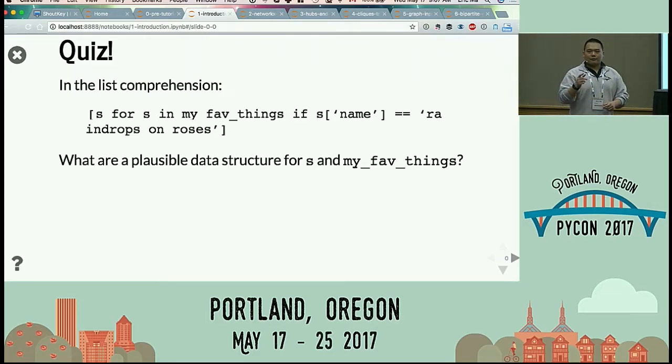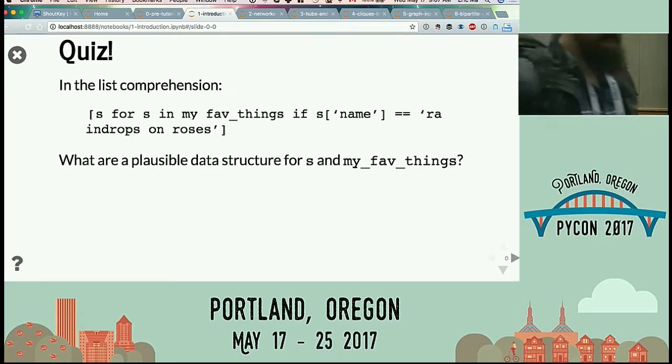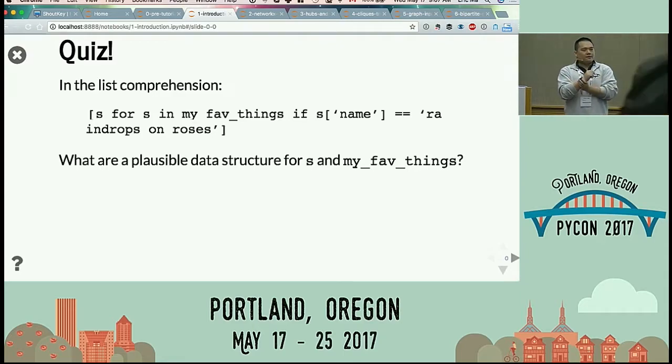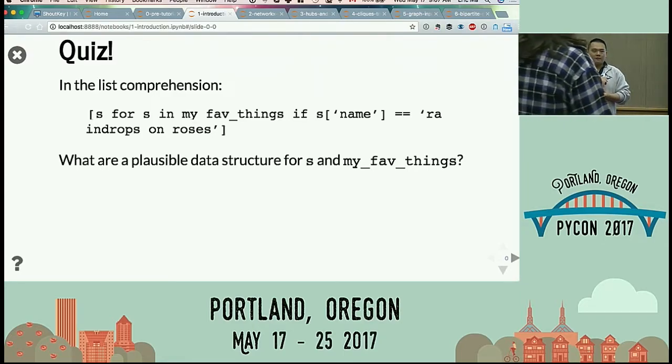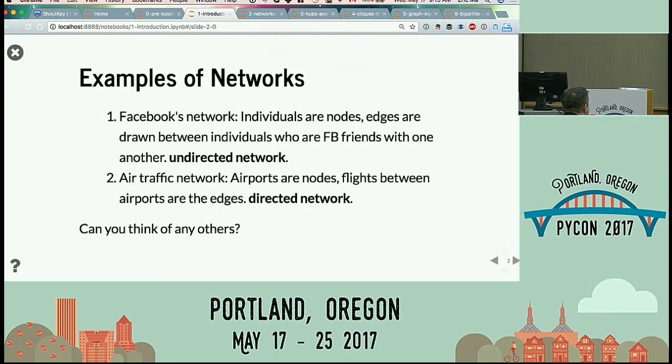So dictionary for S and list for my favorite things. That's right. Are there any other plausible data structures? Pardon me? All right, so anything that behaves like it's got a selector syntax, right? So you can select into a key of some particular thing. So dictionaries, plain dictionaries are one, ordered dictionaries are another. I'm not sure if named tuples are allowed. I think they are allowed. You're allowed to use the selector syntax on that guy as well. Okay, corrected, and the reason is because